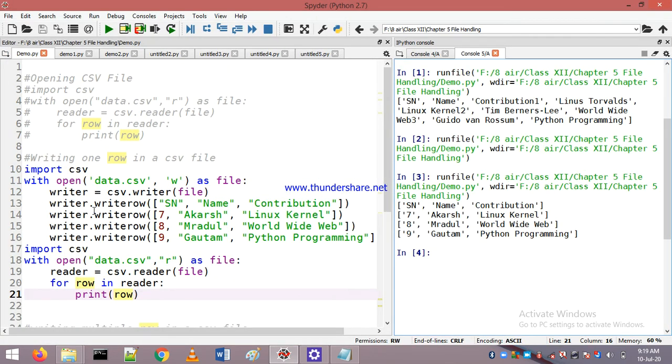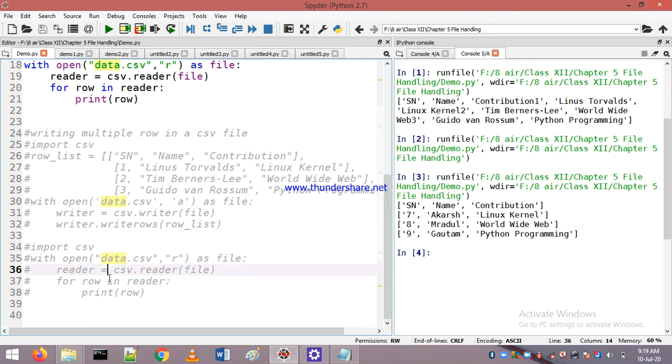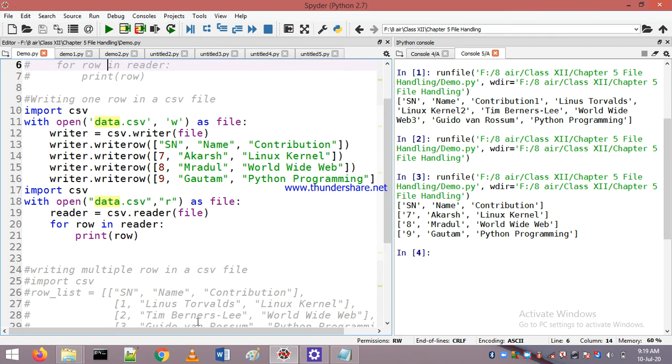So how to append the data? For that we have to change the mode from W to A. Okay. Just change the mode from here, from W to A. The rest of the file will be the same. So what will happen now? Till now we have only 4 rows in our file. When we execute these statements, it will contain 8 rows because it will add to the same data. Now execute this with the same data. So our data will repeat 2 times.